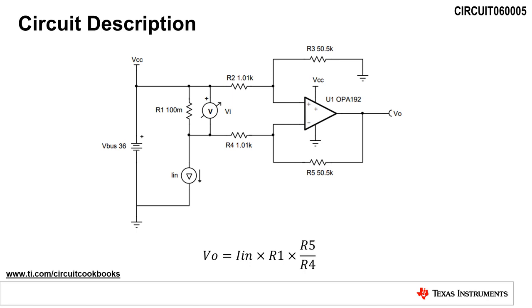In this circuit, the shunt resistor, R1, is placed on the high side of the load to create a differential voltage dependent on load current, which is then amplified to create a single-ended output voltage. High-side current sensing allows for the system to identify ground shorts and does not create a ground disturbance on the